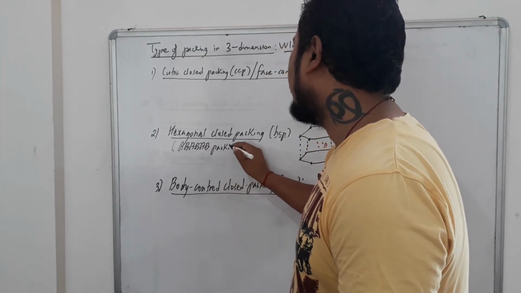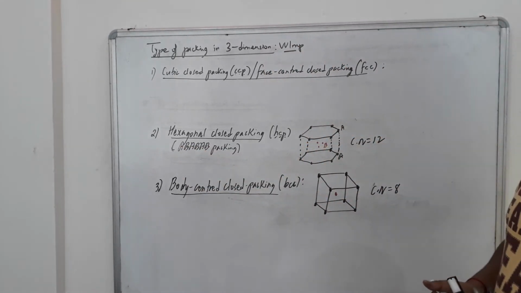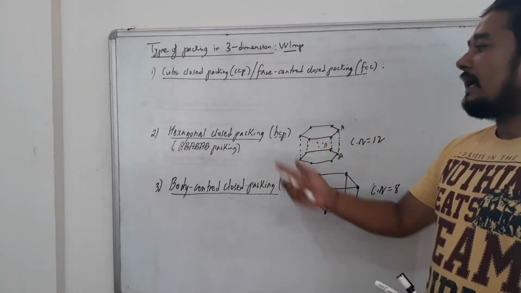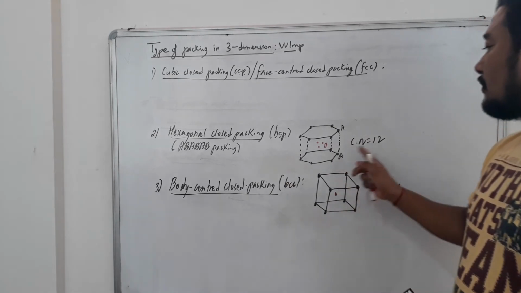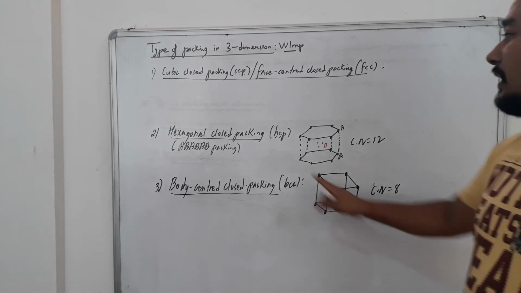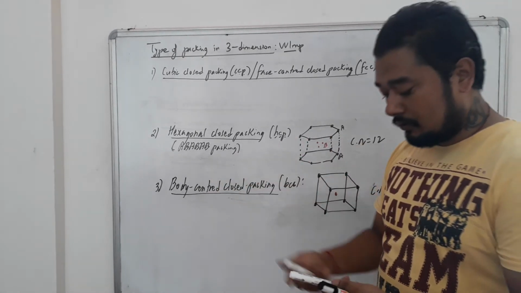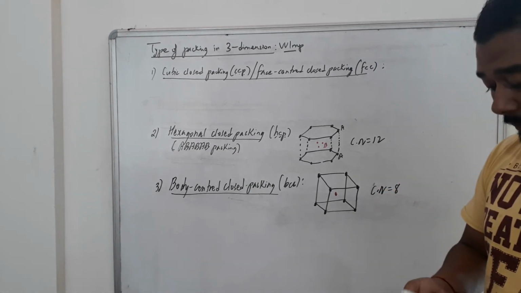So what is the other name of hexagonal close packing? Hexagonal close packing is also known by the name AB, AB, AB, AB packing, abbreviated as HCP, students, and the coordination number is 12. So do remember, BCC coordination number is 8, hexagonal close packing coordination number is 12, 6 plus 6, 12, and it is also known by the name AB, AB, AB, AB packing.